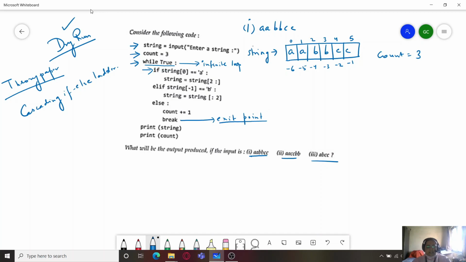In this cascading if else ladder, the first if statement is: if string[0] is equal to 'A'. String[0] means whatever is at the 0th index of the string, that is A. So we can see that it is already A and this condition is true. It satisfies the condition, so we need to do something, that is, string equals string[2:].